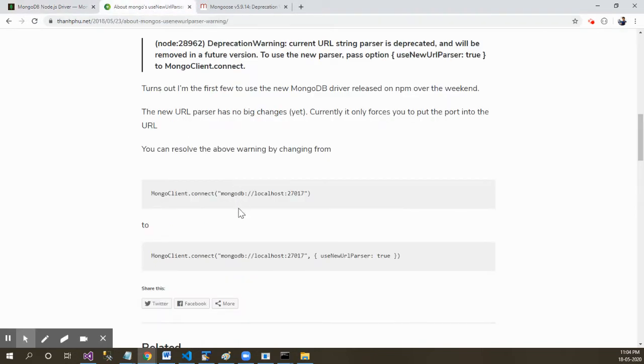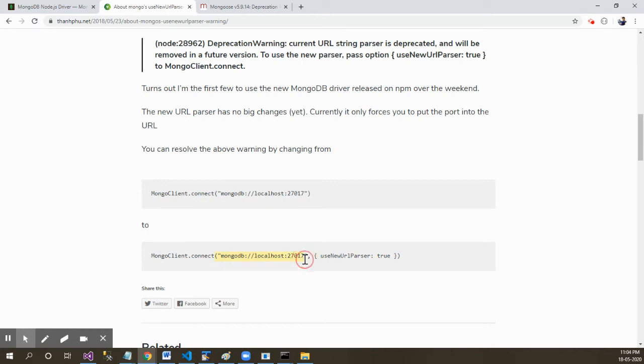While working with Mongoose, what you can see is that some of the traditional mechanisms of the connect method, or parameters with the connect method, are now deprecated. So it will show a deprecation warning. So you need to provide some additional parameters along with the connection string that you are going to use.